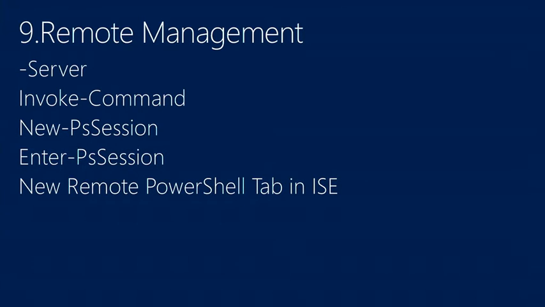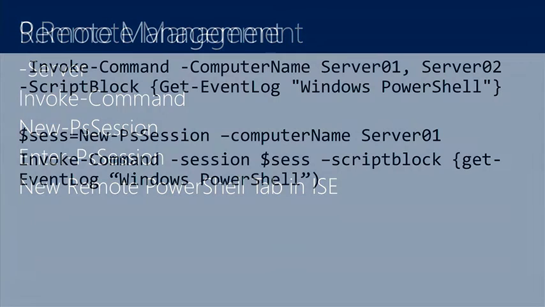Then the arguments for that are in there. I can still create a new PS session, then enter in and swap back and forth. I'll be honest, because I use the ISE, I don't do that often anymore. I just use tabs for each one. I'll have a remote tab, do what I want to do on that machine, and I'm happy there. But yeah, I can still do this. The new PS session, enter PS session is useful in scripting, so I can write a script that will work its way through a series of servers and do the same thing over and over. So it still is valid. Again, the remote PowerShell tab in ISE.